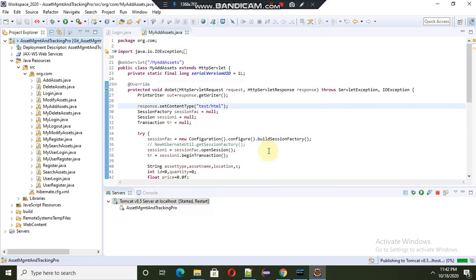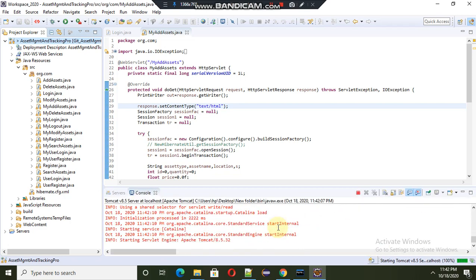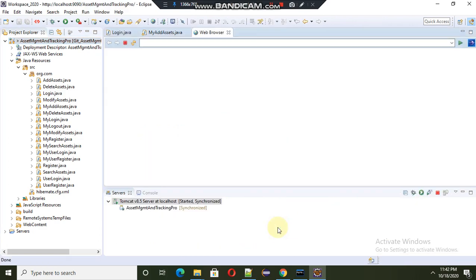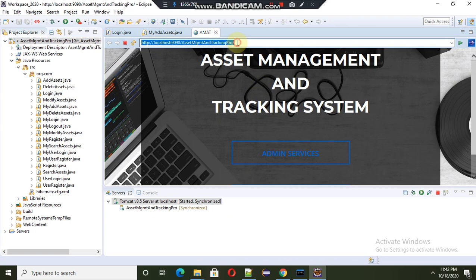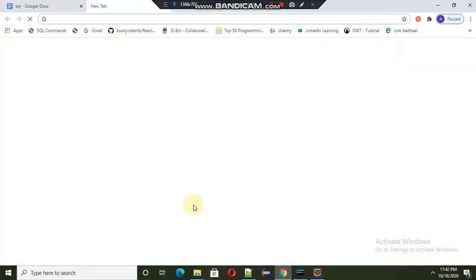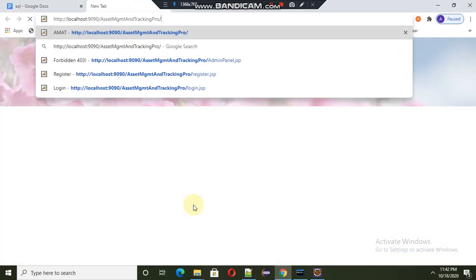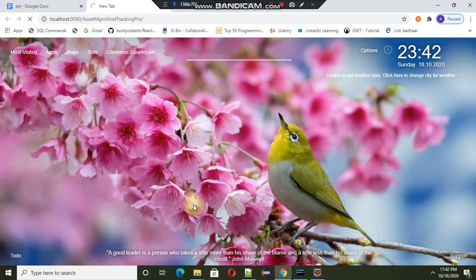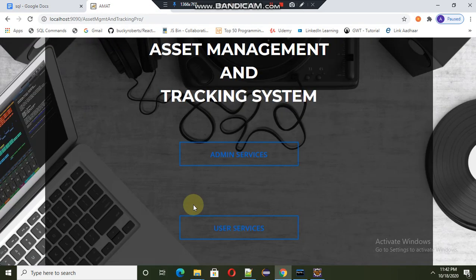Okay, it deploys your web application on the server. Yeah, it's working. You just click and copy, then go to your favorite browser and paste. Wow, so you have deployed this application successfully.